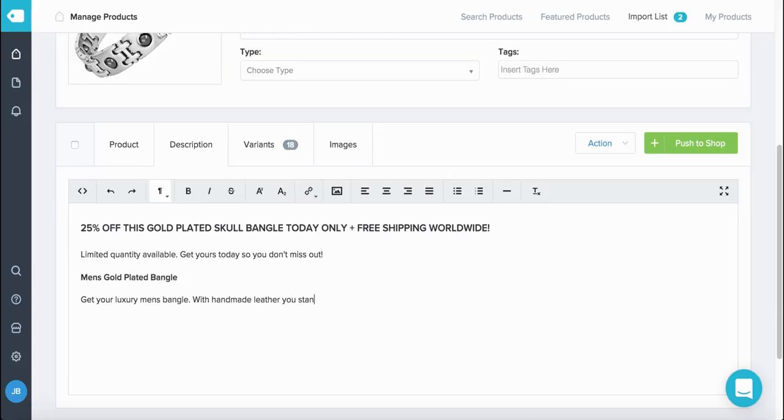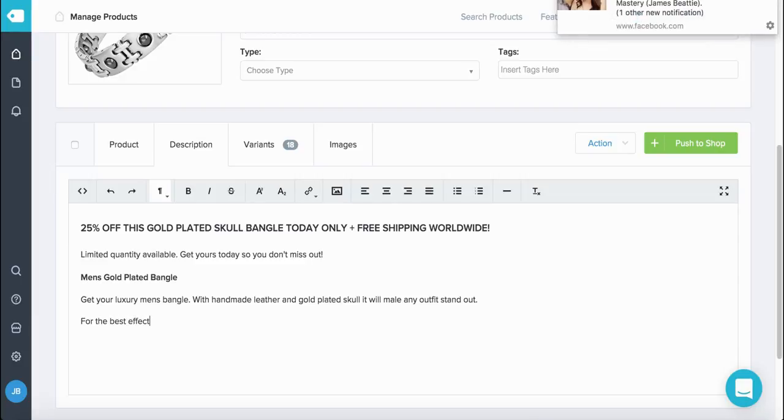You will stand out. Handmade leather and gold plated skull. It will make any outfit stand out. For the best effect, we recommend pairing with a